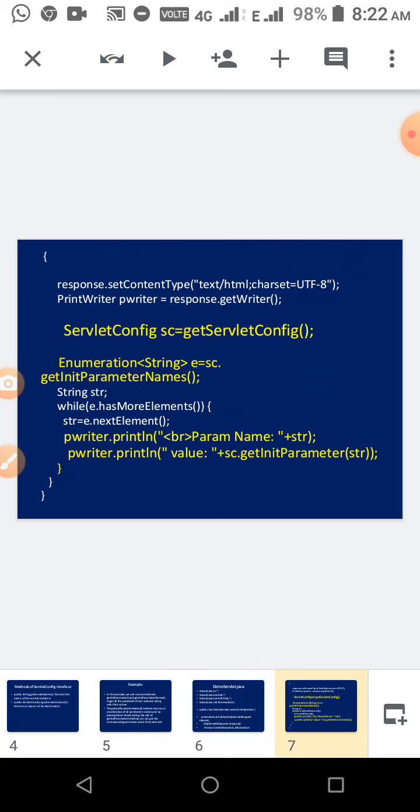Then pw.println: first print the parameter name str, and then sc.getInitParameter(str). The sc configuration object we already created.